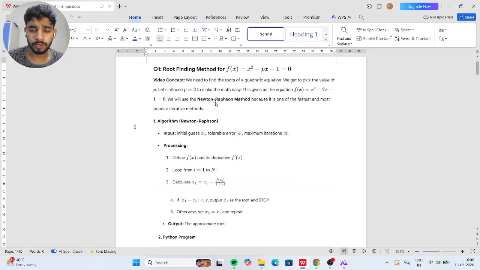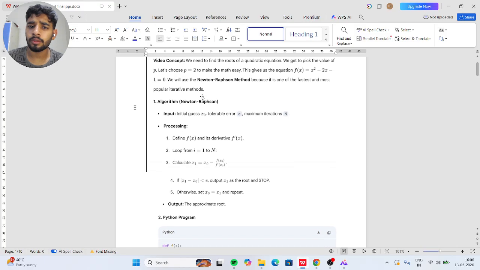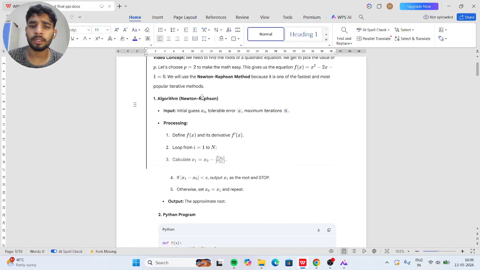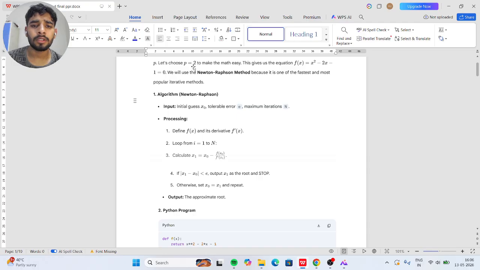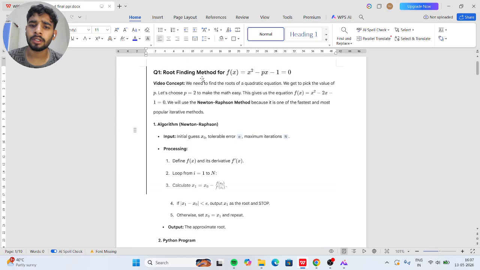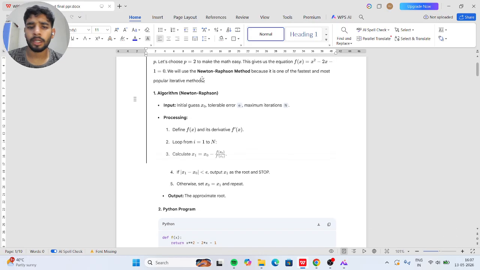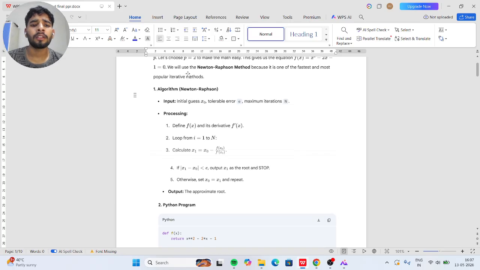For the first question, the function is given here. We need to find the roots of a quadratic equation. We get to pick the value of p. Let's choose p = 2 to make the math easy. This gives f(x) = x² − 2x − 1 = 0. We will use the Newton-Raphson method because it is one of the fastest and most